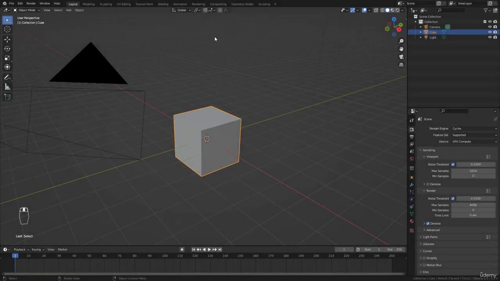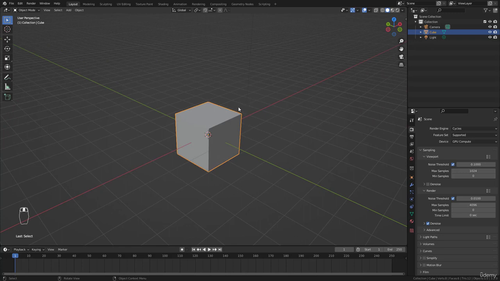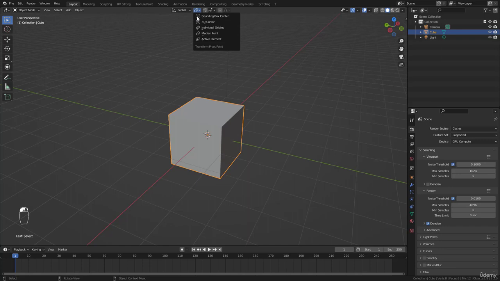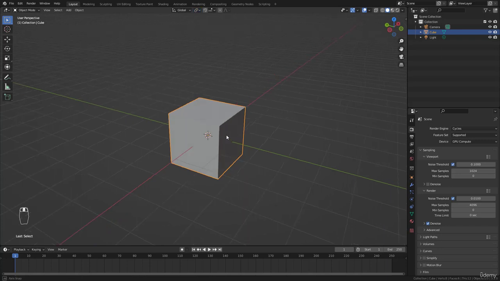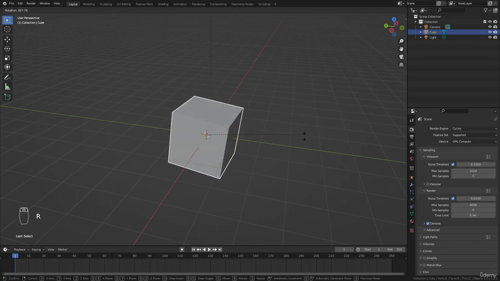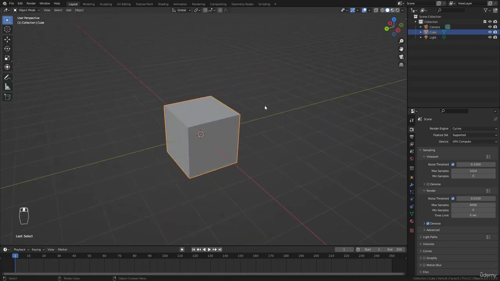So in this lesson we are going to learn about transform pivot point. Pivot point means the point around which the object rotates, or depending on what the object scales. By default, pivot point is the median point, and median point is by default object's origin. Object's origin is its median point, and as you can see, the origin, we talked about the origin, it's